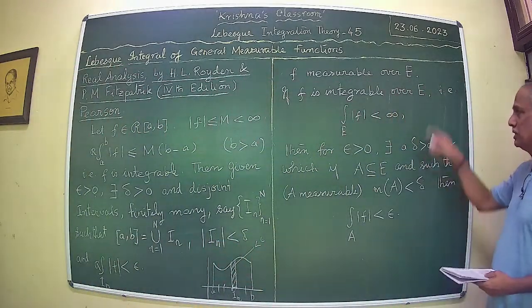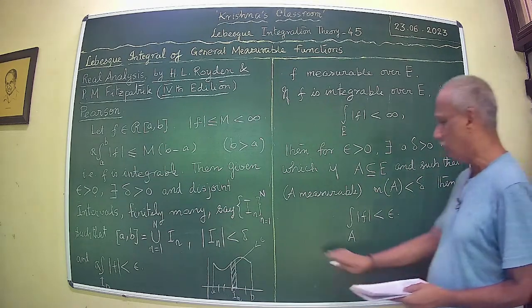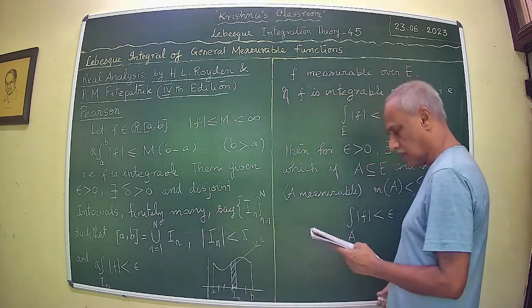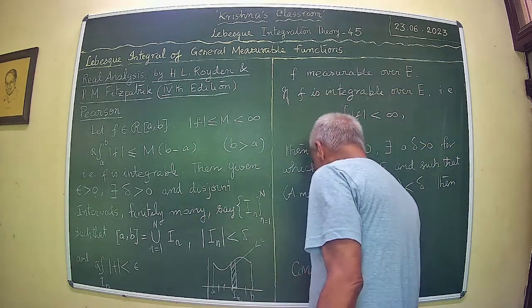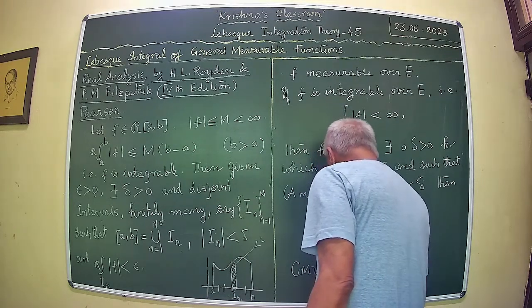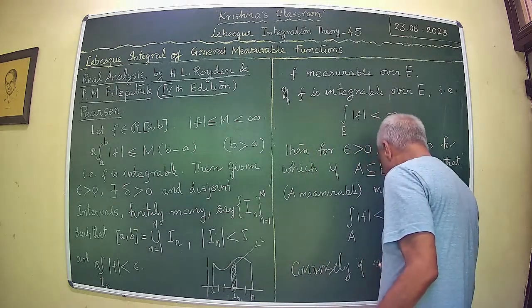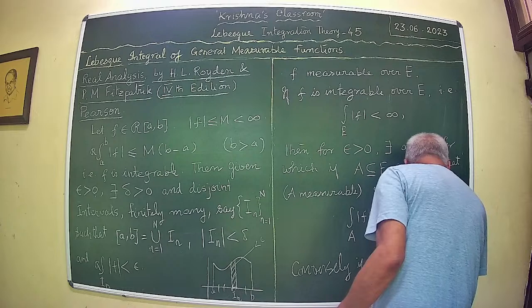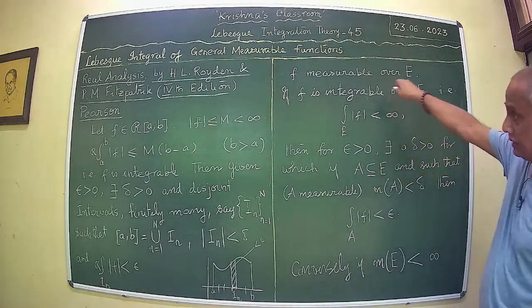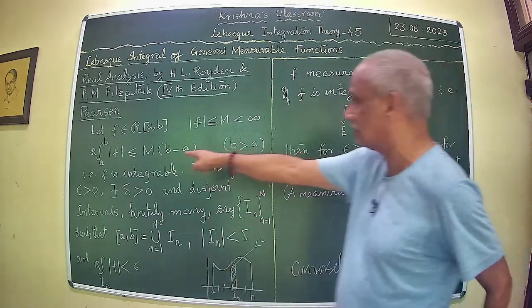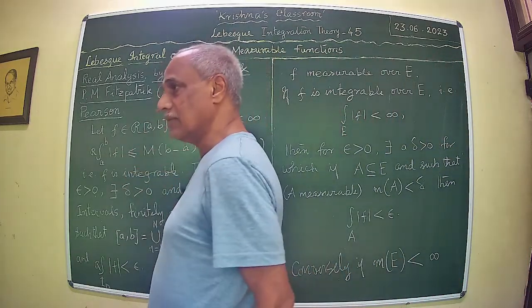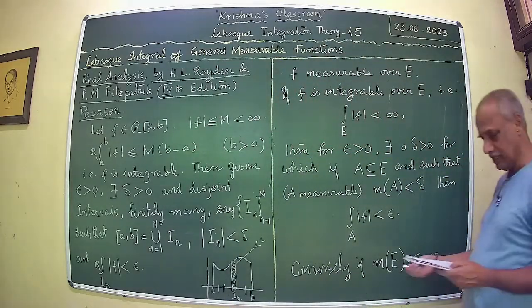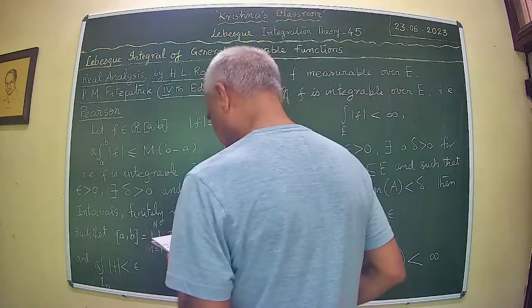So we are going to prove this theorem, and then of course you have a version which is converse also. Conversely, if measure of E is finite, now this assumption we have not made there, whereas this corresponds to this. I mean, this interval [a,b] is such that its length is finite. Conversely, if this is finite, that means we are putting one more restriction, and if